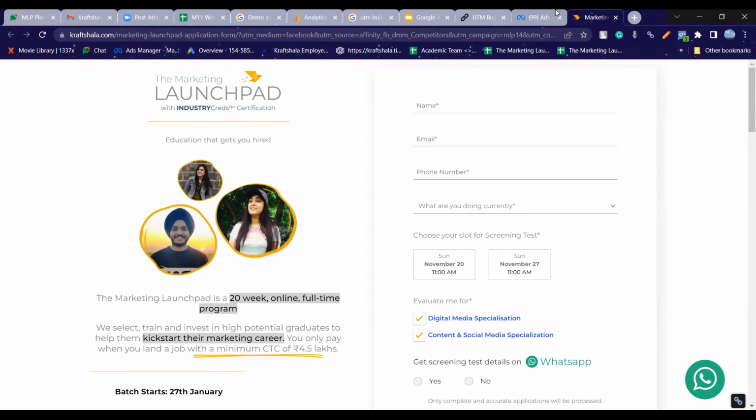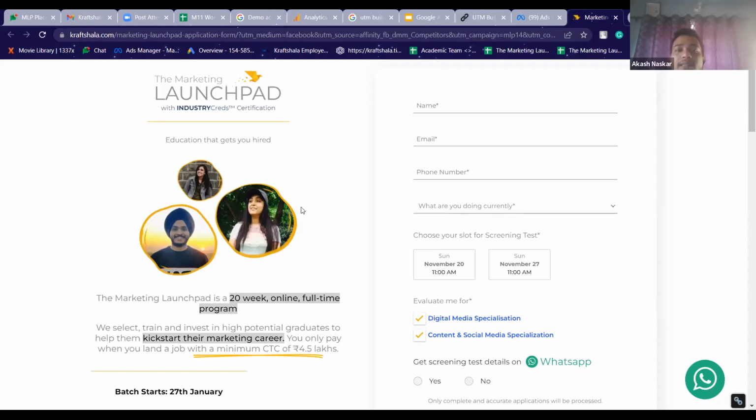Then if we talk about the searches, like the site links we are giving there, for the site links also we can put a UTM for each site link. You will have UTMs in site links. Then the pixel will continue its work, meaning it will just track the conversions and everything. They will track the conversions, and you will also get to know from which site link you got the conversion.